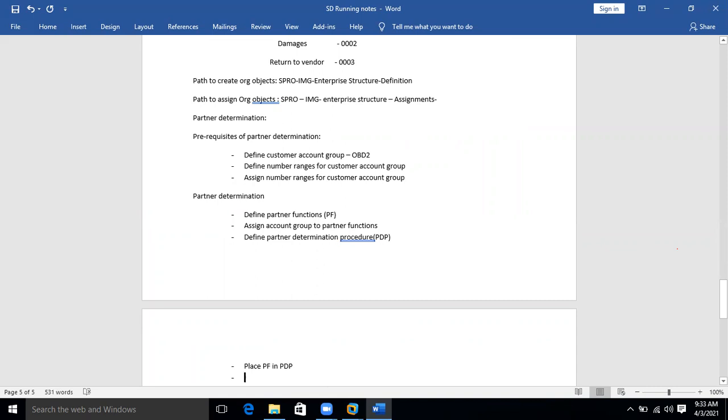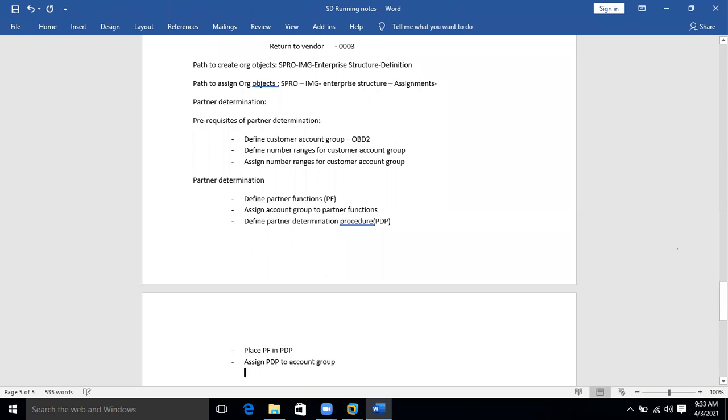Then the final step is assign PDP to account group. So these are the 5 steps which you perform in partner determination.